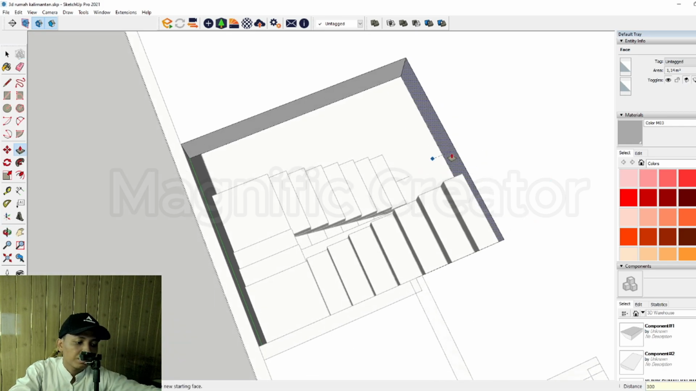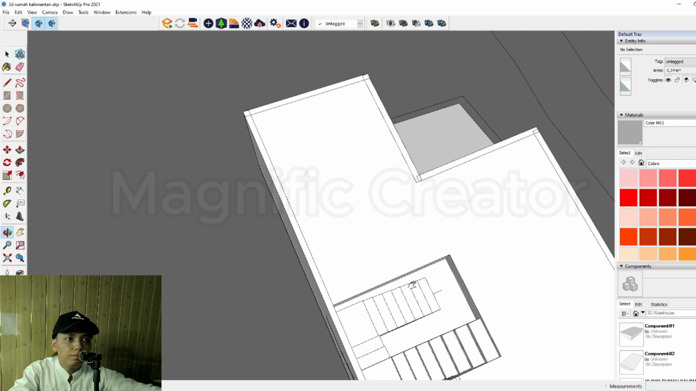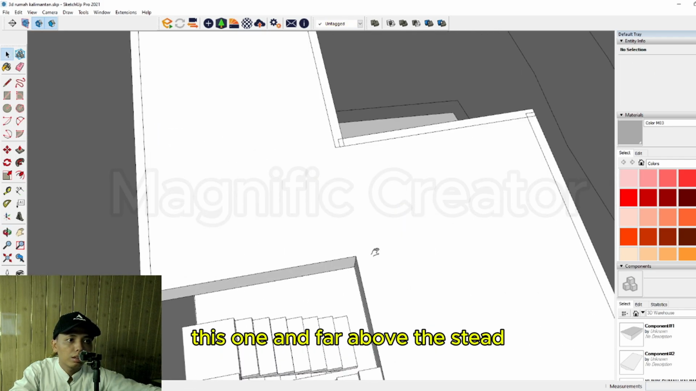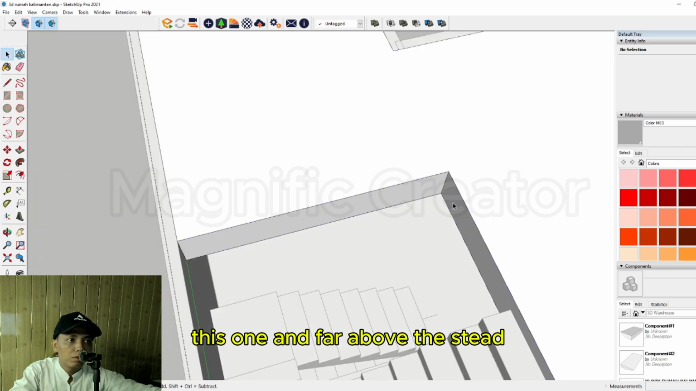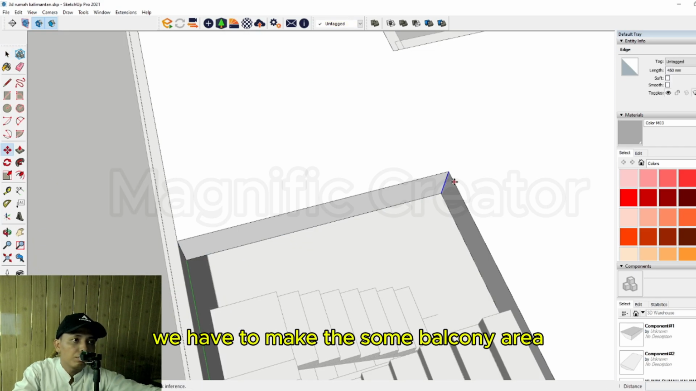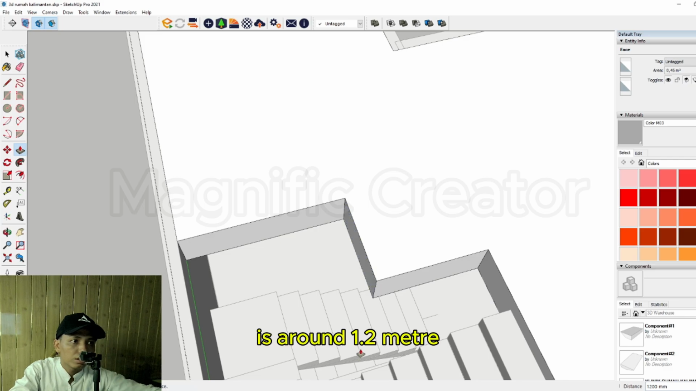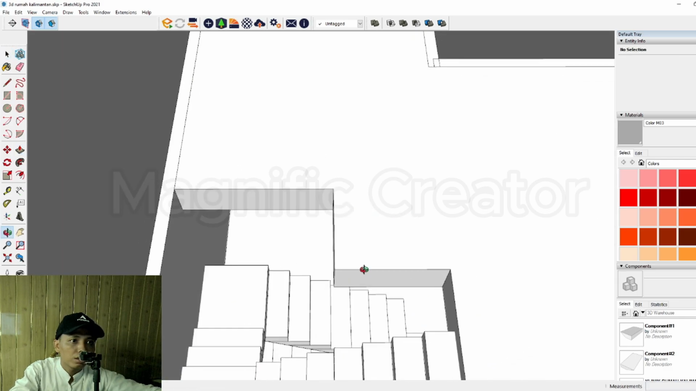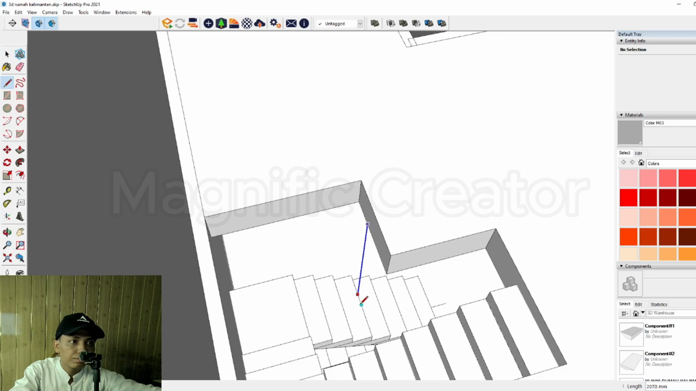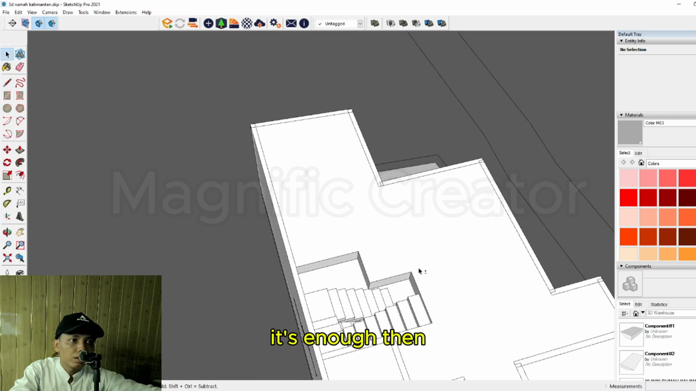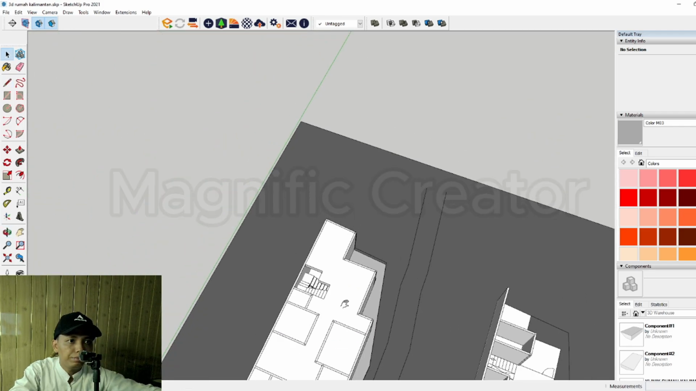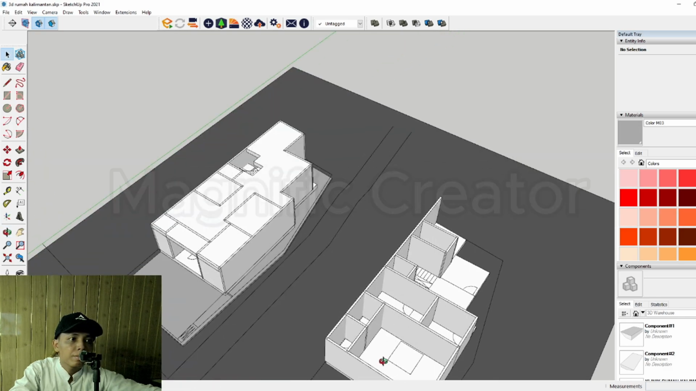Okay, this one, and for above the stair we have to make some balcony area, just a little bit of balcony in this area. It's around 1.2 meter. Okay, it's enough. Then we can